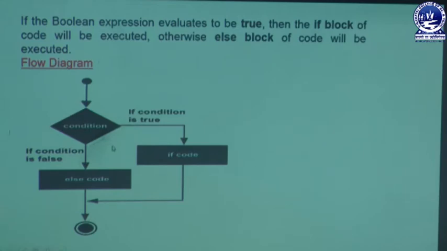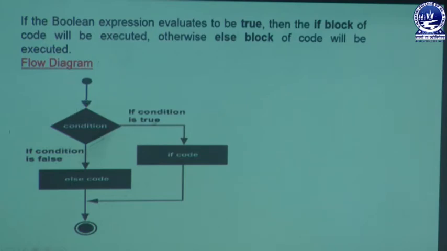And then this is the flow diagram, and here is our if condition code. The statements are written inside this, executed if the condition is true, and the statements which will be executed if the condition is false will be treated as the else code.